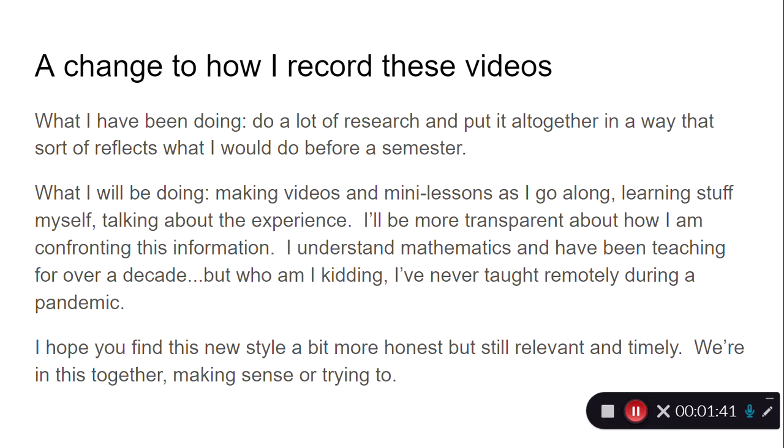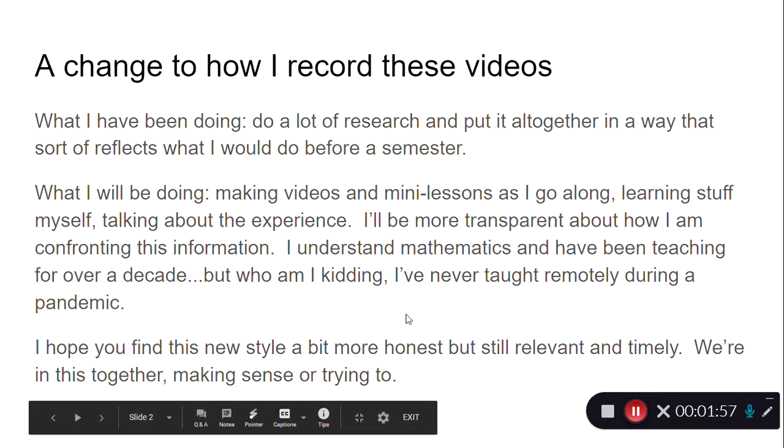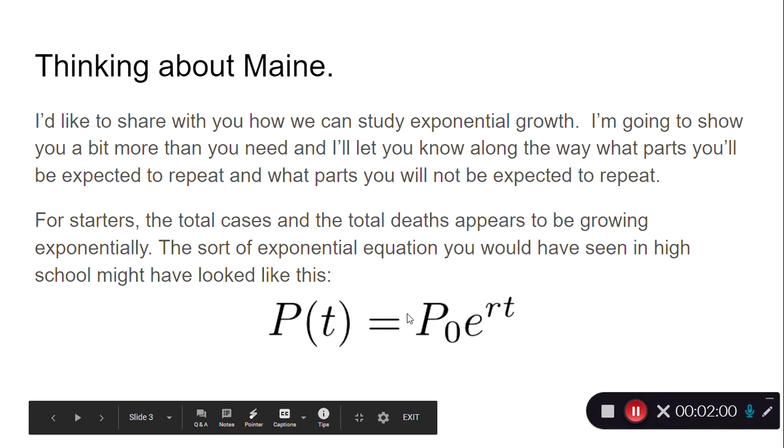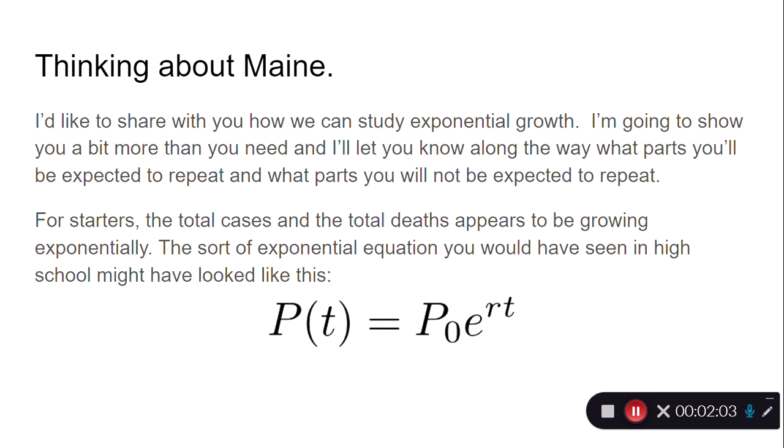We're all learning together. And what I want to do is be honest about what I don't know and about how the mathematics that I do know informs how I read this material or what I infer from it. It's just a point of view, of course. And so to kick that off, I've been thinking about exponential growth quite a bit. And I want to show you some algebra. A lot of it you're not going to have to do. And I'm going to show you how to build a better model in a spreadsheet, even though you won't have to do this. And we'll use it to make better predictions. And we'll talk a little bit about predictions. And that'll be the start.